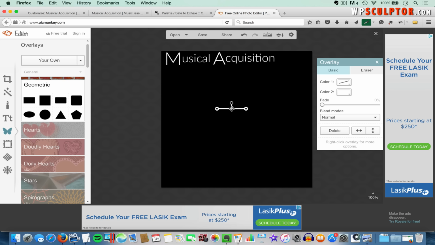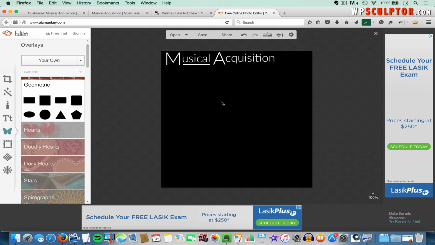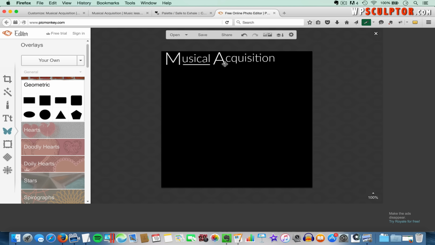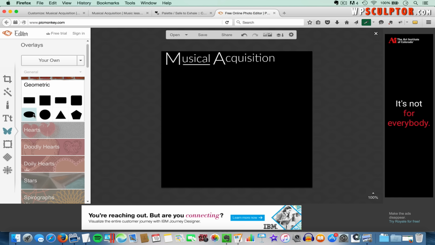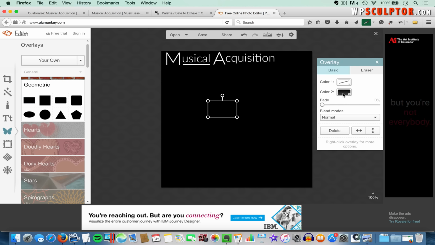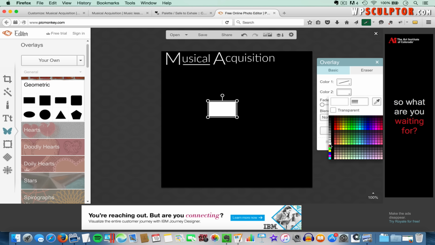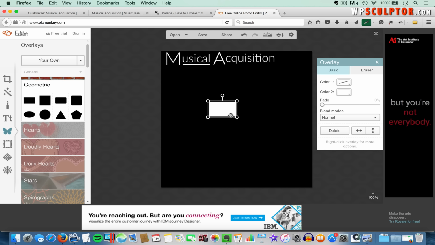And now I can click, hold, and drag my line and place it where I want it here and release. And then I can click out here to take a look. All right, that looks pretty good. I'm going to do that one more time for the acquisition word by coming over here and clicking on the rectangle again. And then click on the color, and we're going to make it white. And then I can click the bottom part here,